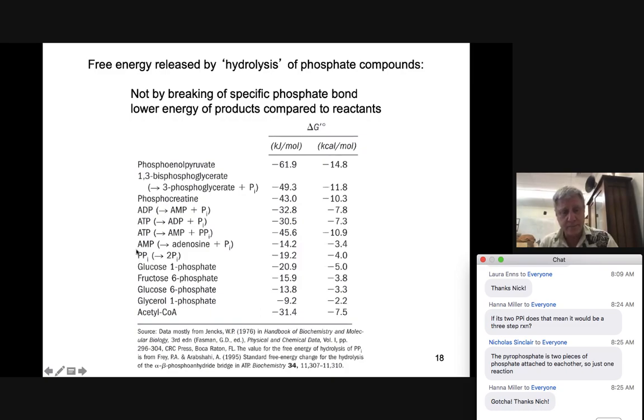And as you can see here, the pyrophosphate, PPi, going to two inorganic phosphate molecules, giving us that minus 19.2 kilojoules per mole, which gives us the capacity to move from ATP to AMP, which is negative 45 kilojoules per mole, and then take that pyrophosphate again and bring it down to produce two moieties of inorganic phosphate at negative 19.2. So again, a directional release of energy to the lowest